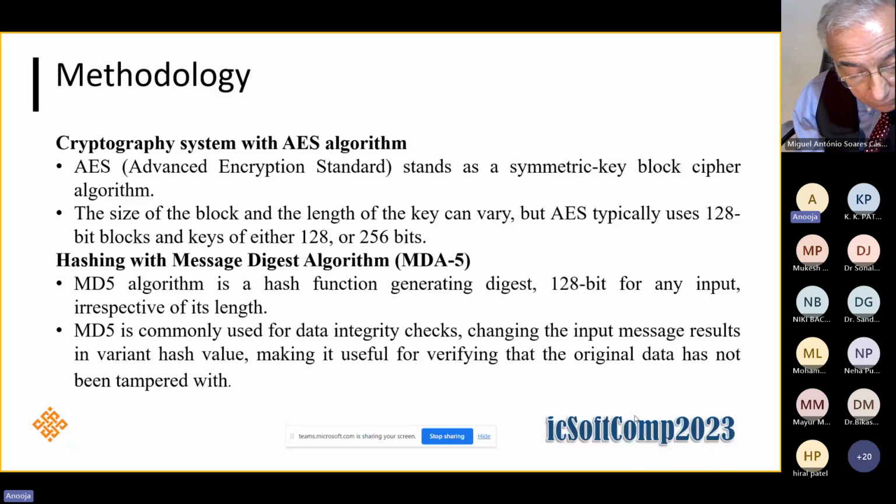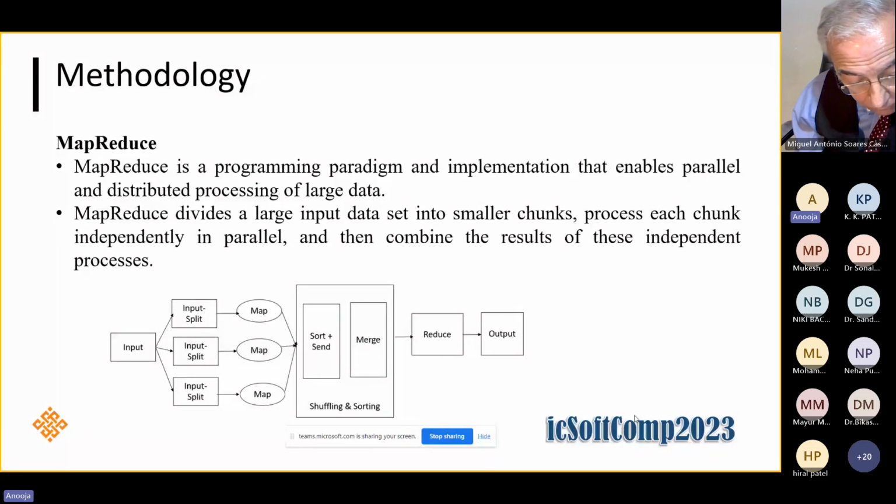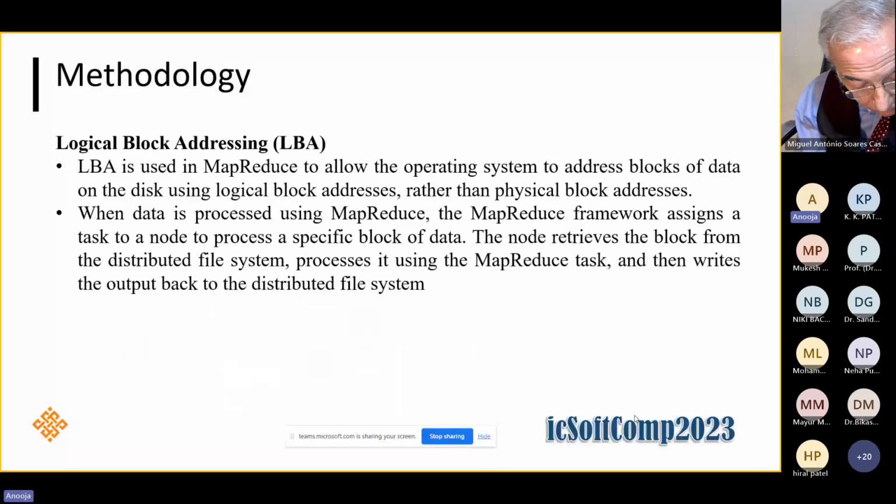Once the input is there, we go for the MapReduce concept. In MapReduce, the input is divided into multiple portions, and each of these individual systems will be processing the data in parallel. And in the reducer phase, the data will be sorted and the result will be obtained as a combined result. Now coming to logical block addressing. Logical block addressing is a MapReduce method in which we use the logical address of the block rather than the